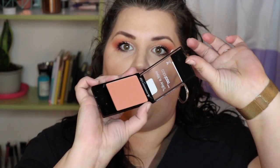I just felt it hit, so you need to let it dry before you get too crazy with your blinks, but so far, this is pretty good. Okay, next we are going to be using the Wet n Wild Color Icon in Mellow Wine Blush,